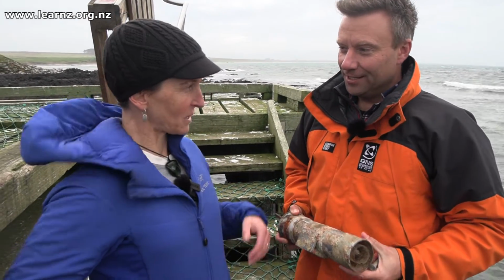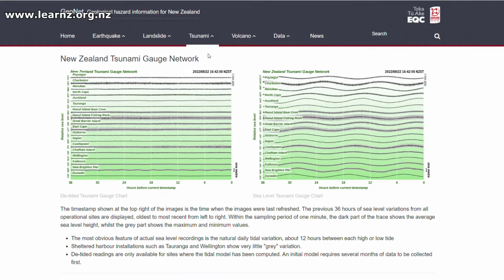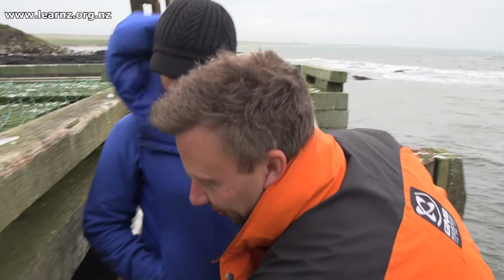Right, and we can see that data on GeoNet? Yeah, you can go onto GeoNet and see that live data coming in. You can see it sitting on top of the tide cycle, or there's also a version where we've deleted the tide out and you can just see a straight line, and you'll be able to see a tsunami coming in on that. And also at these stations, we've got typically our